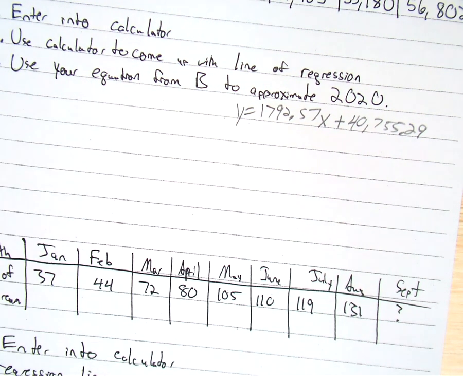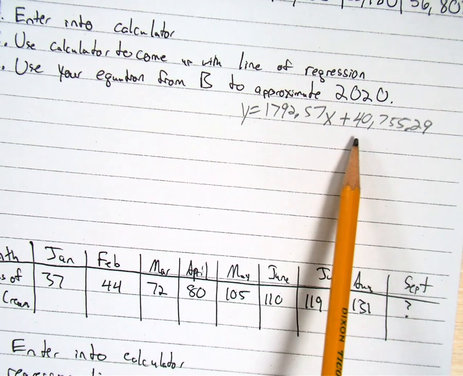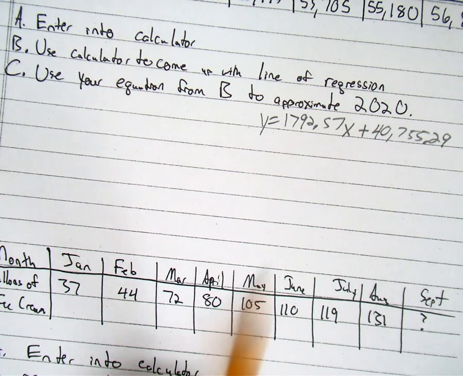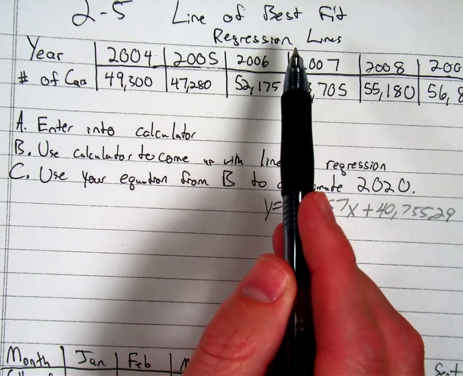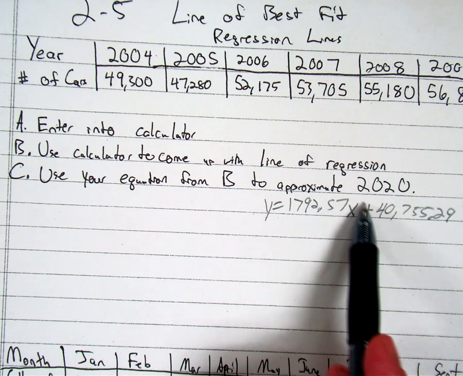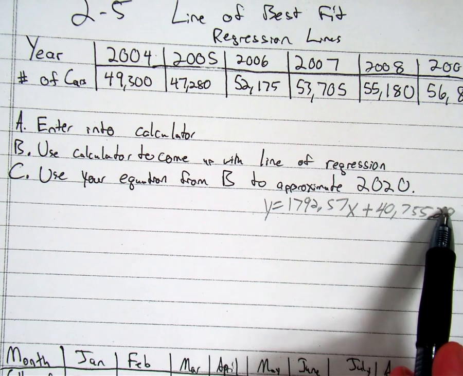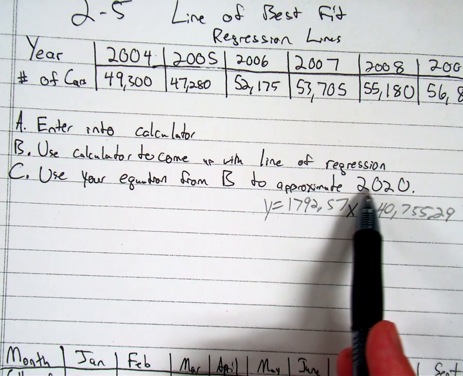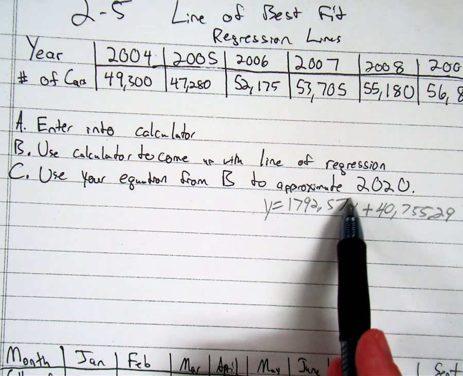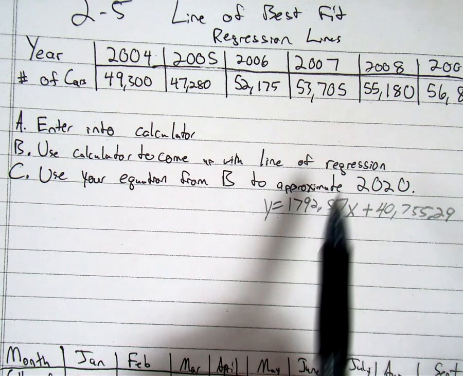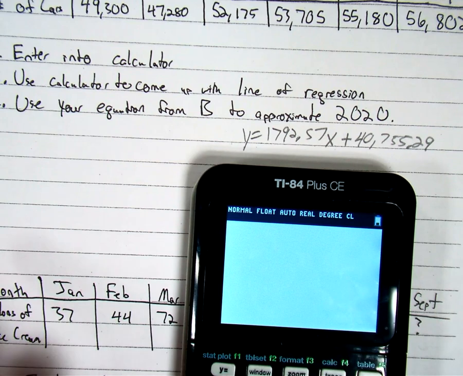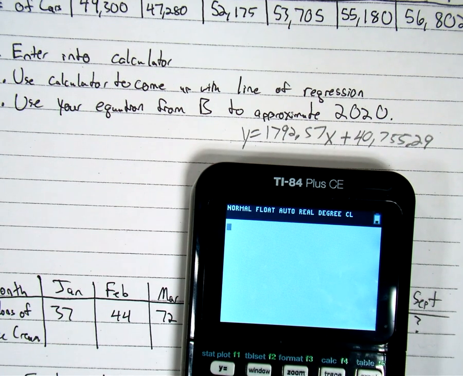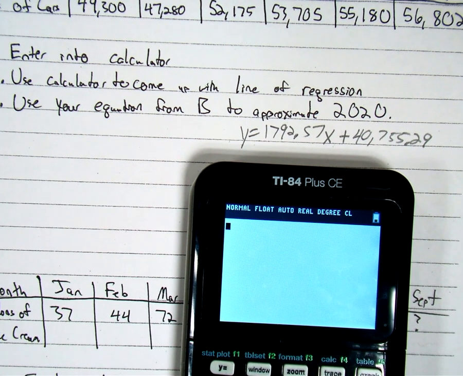Next, we're going to use our line of best fit, our line of regression, to see into the future. Depending on what you did, if you typed in 2004, 2005, 2006, you probably have the same slope, maybe a different number here. And you're going to need to type in 2020 for x when we go to solve this. If you did 4, 5, 6 like I did, you're just going to use 20. So to approximate what our sales are going to be in 2020,